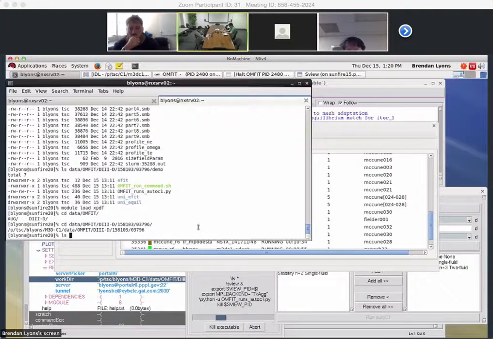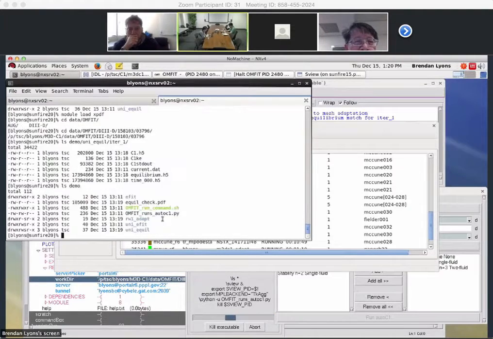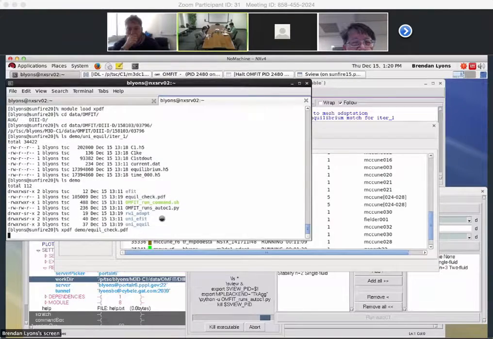Okay, so that run finished. If I look in demo, uni equal, there should be an iter 1. So this is harking back to the days where we had to iterate on the equilibrium solution, but I just kept the structure. Okay, so it finished it. And then if I look in demo, I now have this equal check.pdf. I wanted to be able to pop up a Python figure, and I've had trouble getting it to do that in OMFIT right now, but it still outputs the PDF, which is good. So if I do xpdf demo equal check,